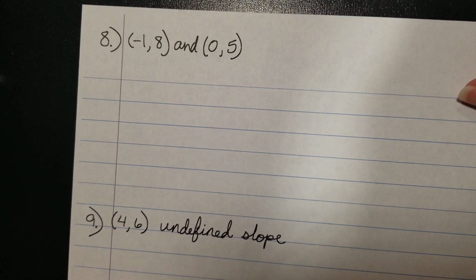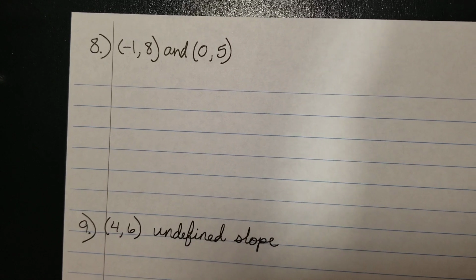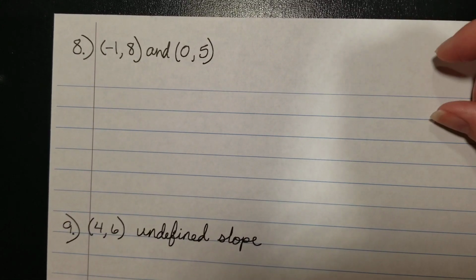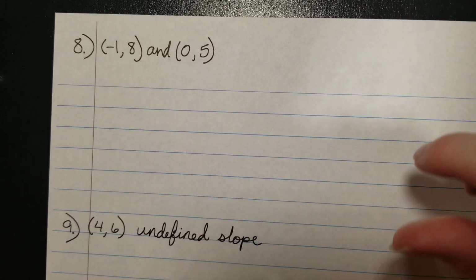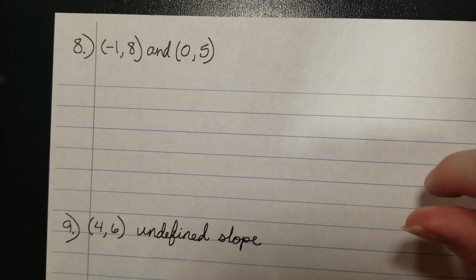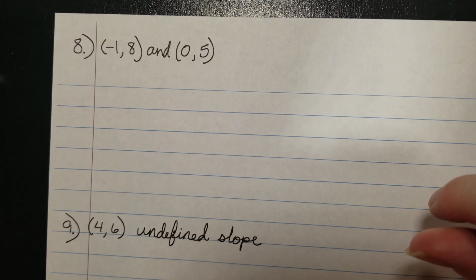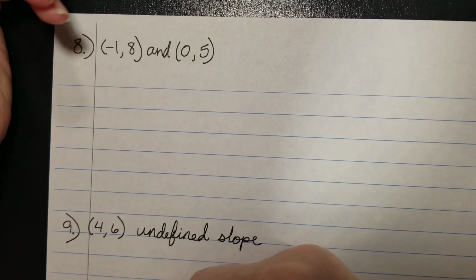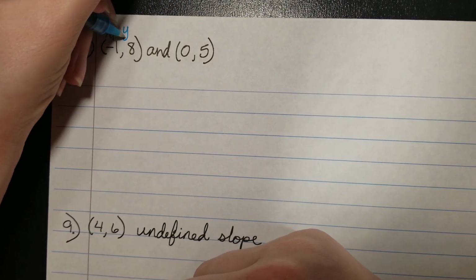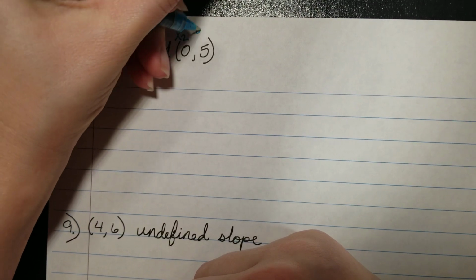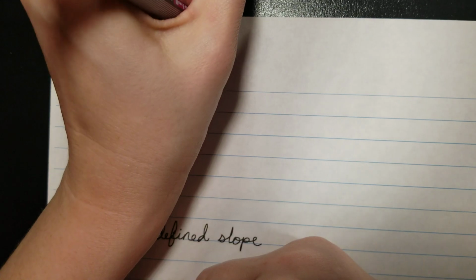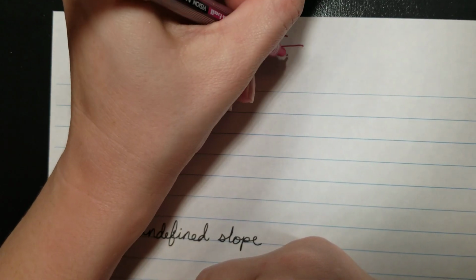Number 8. In this case, we're looking for the equation of a line that is going through 2 points. This time they did not give us the slope, but they gave us 2 points. So we're going to have to use the slope formula first to find the slope. So that's x1, y1, x2, y2. So m equals